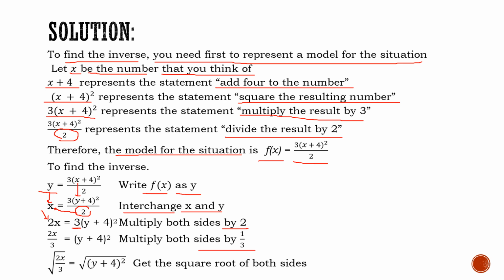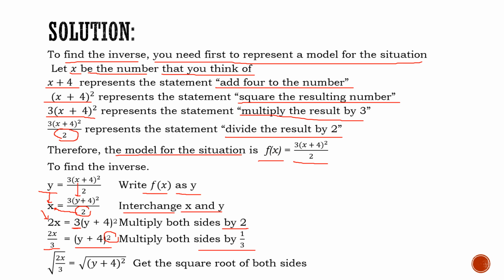So if we multiply the entire equation by 1/3, it becomes 2x over 3 equal to y plus 4 squared. Since there is still an exponent attached to y plus 4,